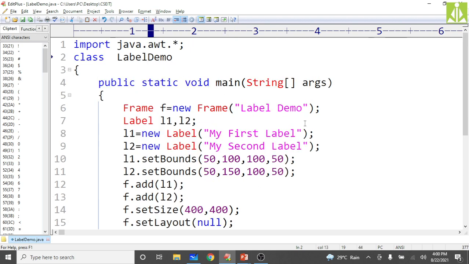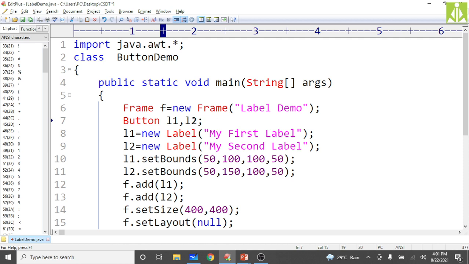Next thing is a button, how you can create the button on the frame. I'm taking my program name now as button demo, instead of label demo. The rest of the things are the same: PSVM, the frame we need to create, then create buttons.